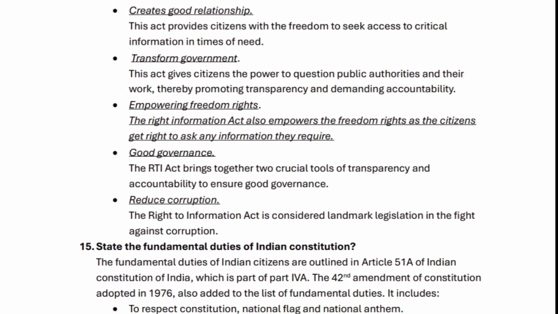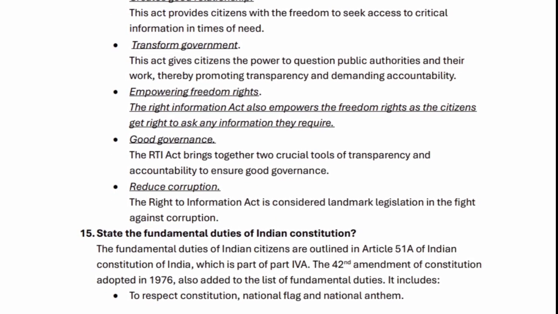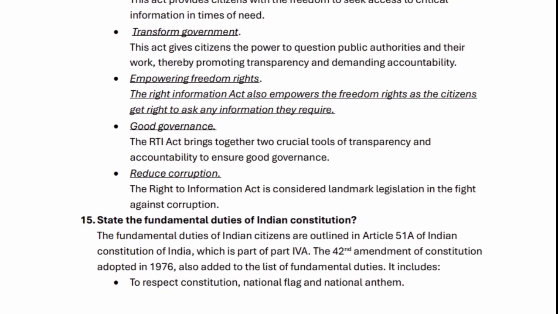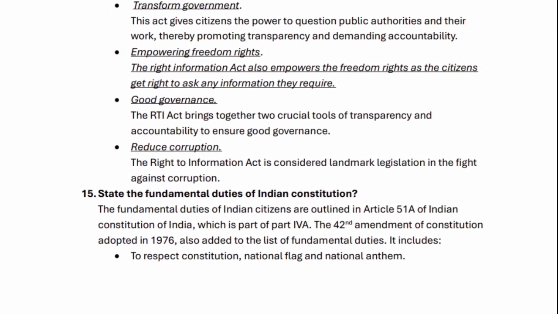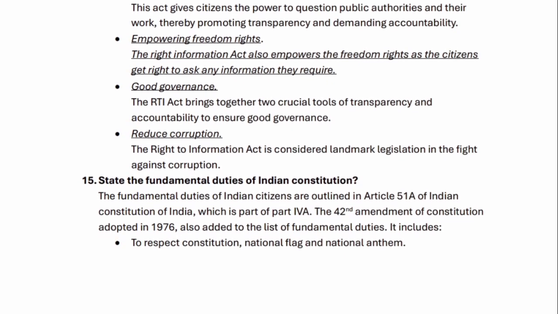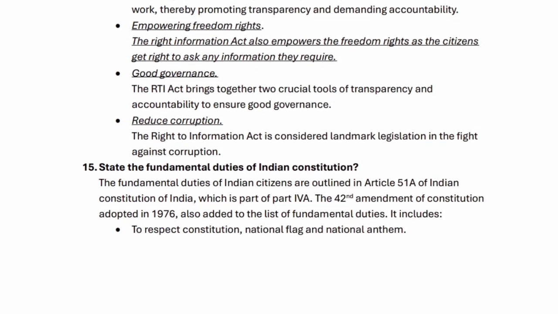15. State the fundamental duties of the Indian Constitution. The fundamental duties of Indian citizens are outlined in Article 51A of the Constitution of India, which is part of Part IV-A. The 42nd Amendment of the Constitution, adopted in 1976, added the list of fundamental duties. It includes to respect the Constitution, national flag and national anthem, to protect the unity of India, to protect and improve the natural